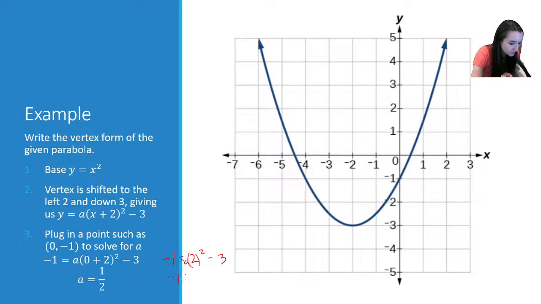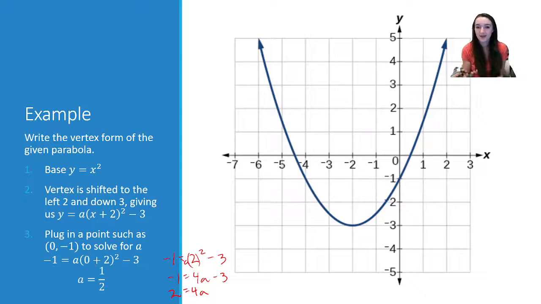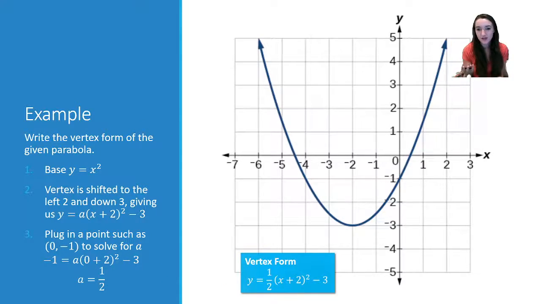Okay, and so that's -1 equals 4a minus 3. So positive 2 equals 4a. And so finally, when I divide by 4, I am going to get a equals 1/2. So we have a final answer of y equals 1/2 (x plus 2) squared minus 3, and that is our